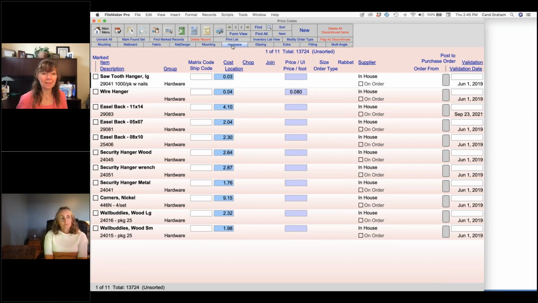Okay, the mat design, hardware, extra, and fitting, as well as the mounting, glazing, and multi-angle, but mounting and glazing as well. So anything that's to the right here are the items that you maintain the prices and update them. The items that are on the left are the ones that have the automated vendor updates available. Once you have these items selected, and you've got them named exactly the way you want for your shop, and everyone knows those names,